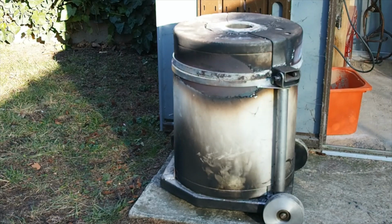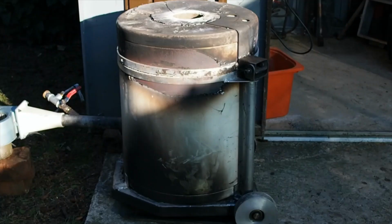The heart of any foundry is, of course, its furnace. This little beastie's made from the outer shell of an old water heater I found on the scrap. Pretty heavily modified, of course. It's got about